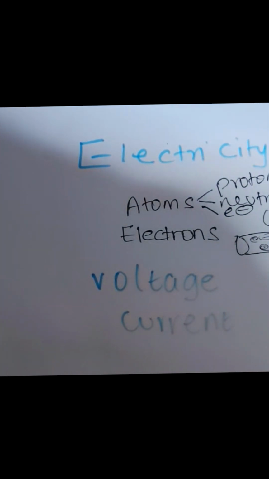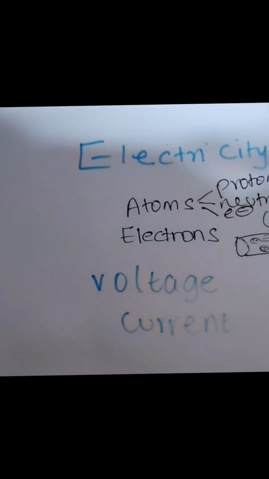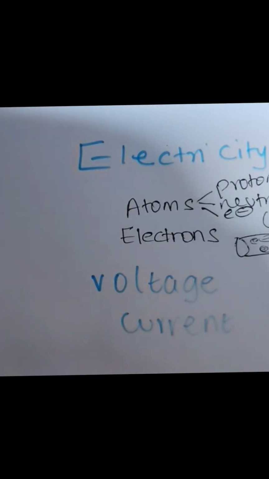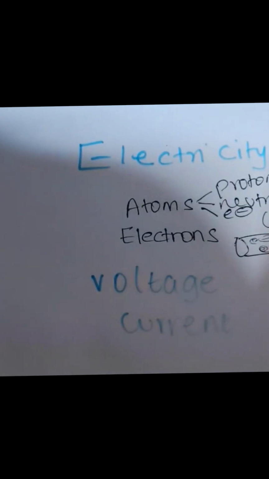So what is electricity? Now imagine billions of free electrons inside a wire. They move randomly in all directions. They don't have one particular direction. They just move randomly, equally in all the directions. So if they are moving randomly, they cancel out. So there is no actual useful flow.